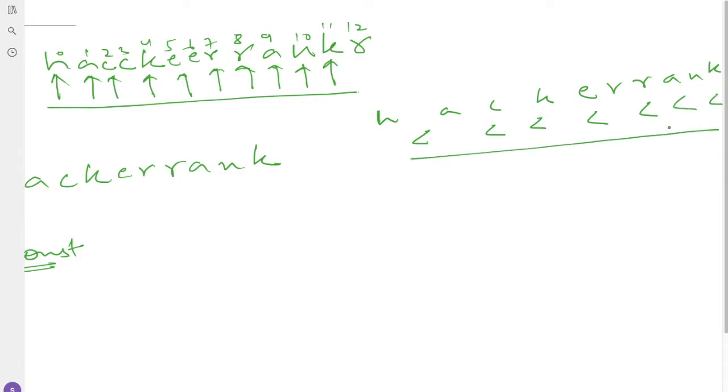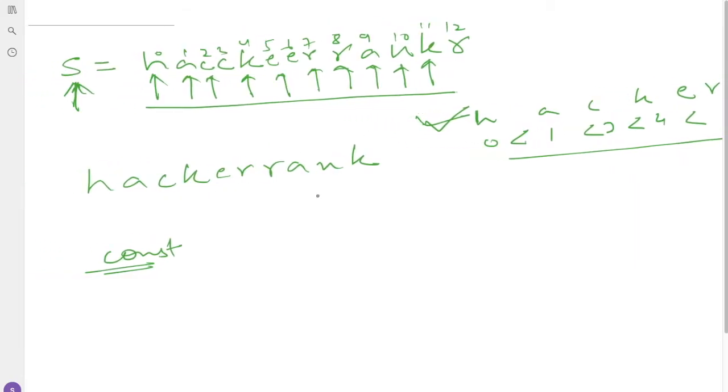This is the constraint. Suppose here the index for H is 0, for A is 1, for C we have 2, for K we have 4. So all the indices are in increasing order, so it satisfies our condition and all the characters are also present. If this is the case, then we have to return yes as our answer.